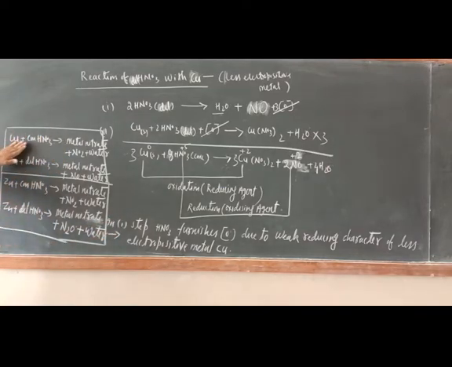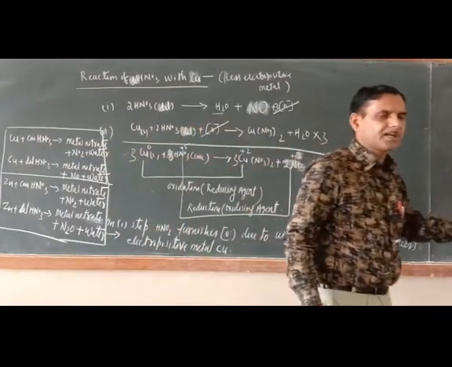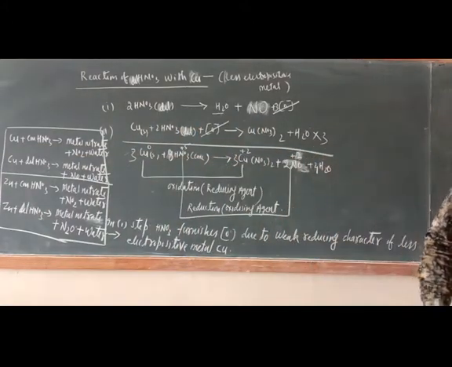So with copper and concentrate HNO3, NO2 is formed; when zinc reacts with concentrate HNO3, NO2 only. Now when copper reacts with the dilute, one of the products is NO. When zinc reacts with dilute HNO3, one of the products is N2O. So now the summary is completely completed. Just remember the final products, everything else is the same.